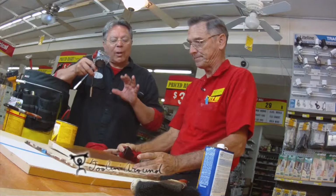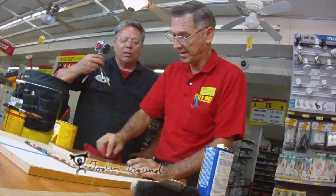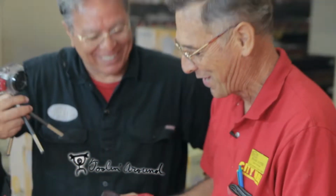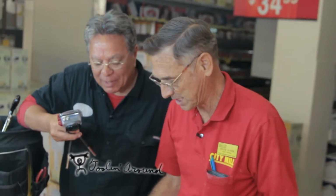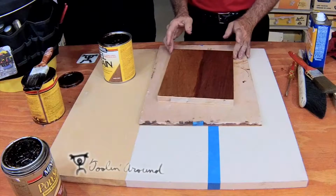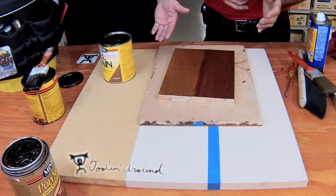Would you suggest a sample piece of wood? Of course, you're going to practice test first. I would have done, yeah. It's obvious to you, Frank, but you would test. And you can see it's pretty simple. This looks like two different pieces of wood, and it's the same one, but of course I have two different colors of stain here. If you had one wall on this side and one wall, and you did them differently...